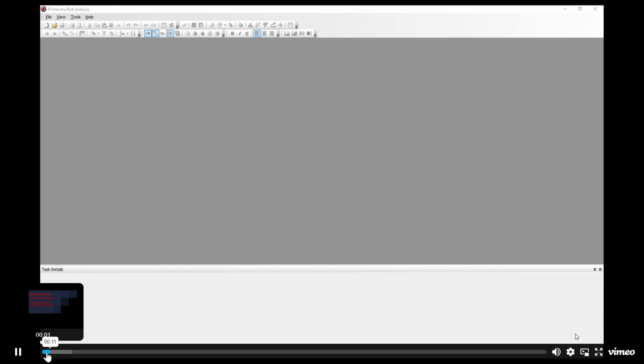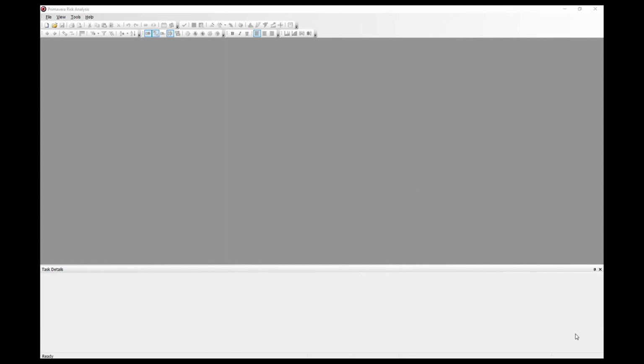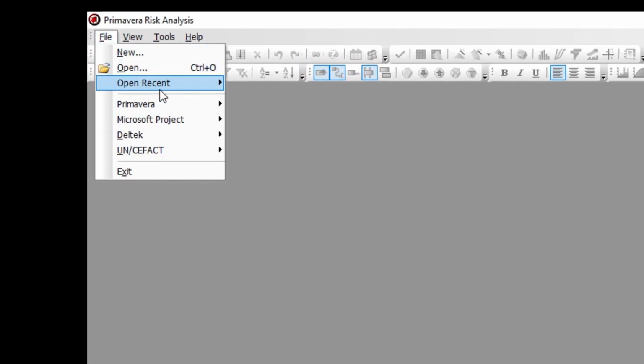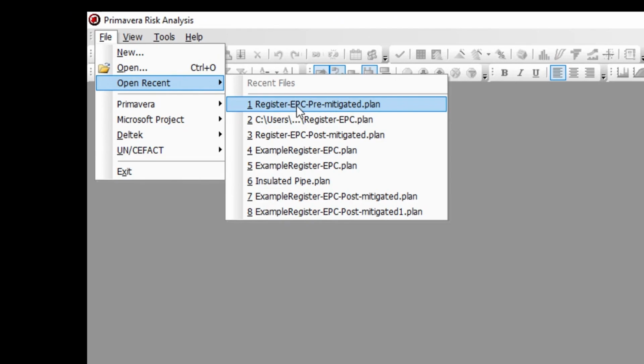In the last lesson, we learned how to set up our risk analysis options and run a risk analysis based on the selected options. In this lesson, we will learn how to navigate and understand the distribution histogram. So now we have reached the point in our analysis where we can generate different reports and carry out some scenario modeling. If it is not already open, select File Open or File Open Recent to open the Register EPC